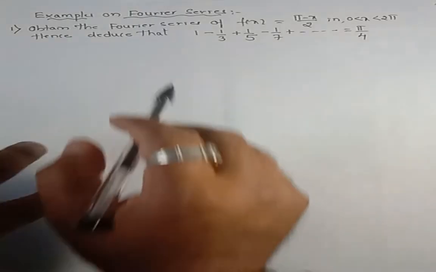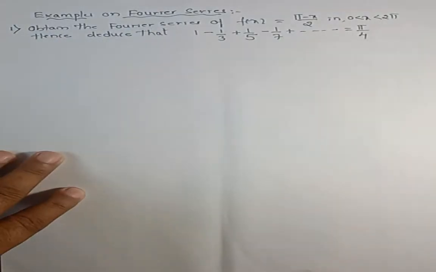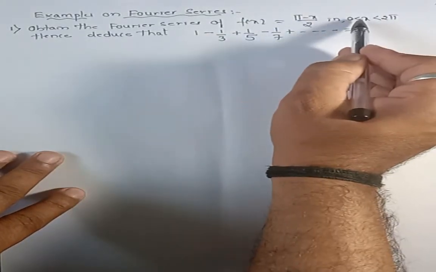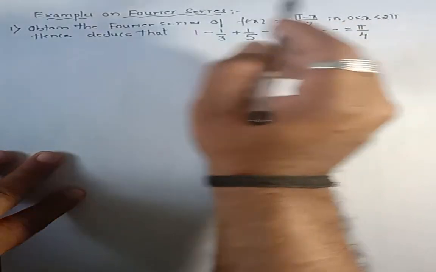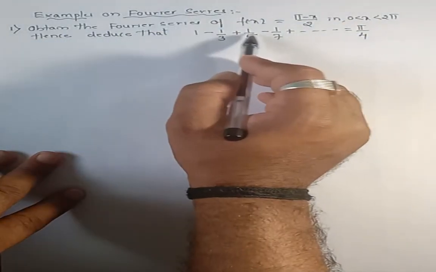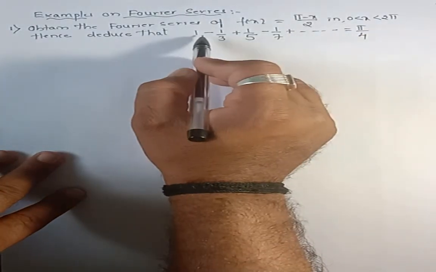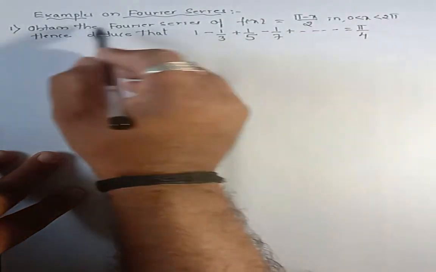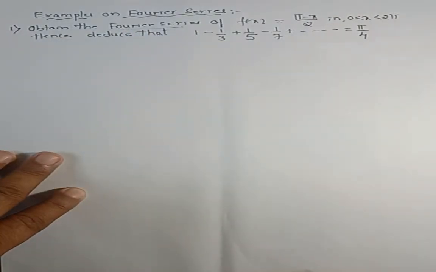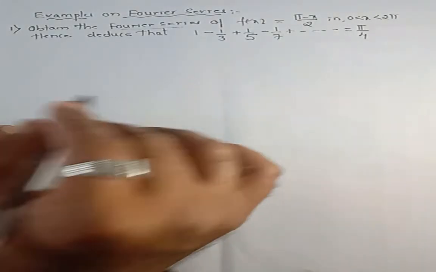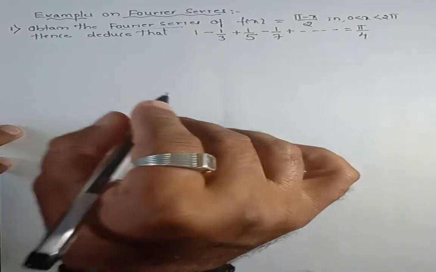You have to find the Fourier series of the given function pi minus x divided by 2 in the interval 0 to 2 pi. Hence deduce this series. First, to deduce this series, you need to find the Fourier series. And each and every example of Fourier series you start